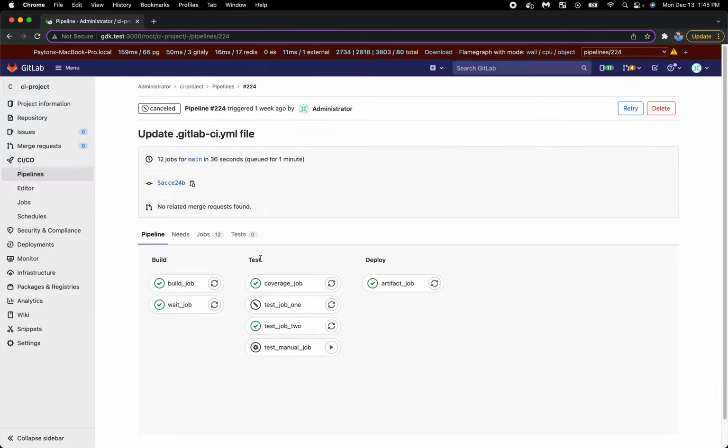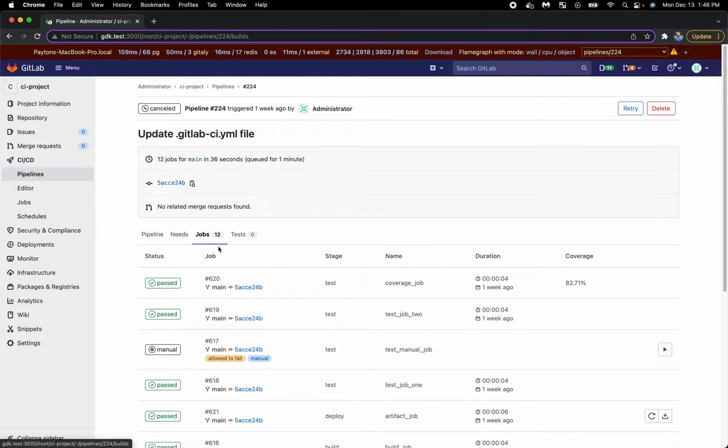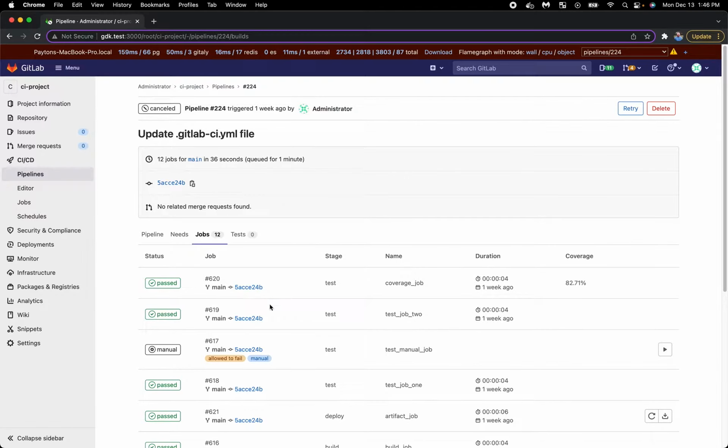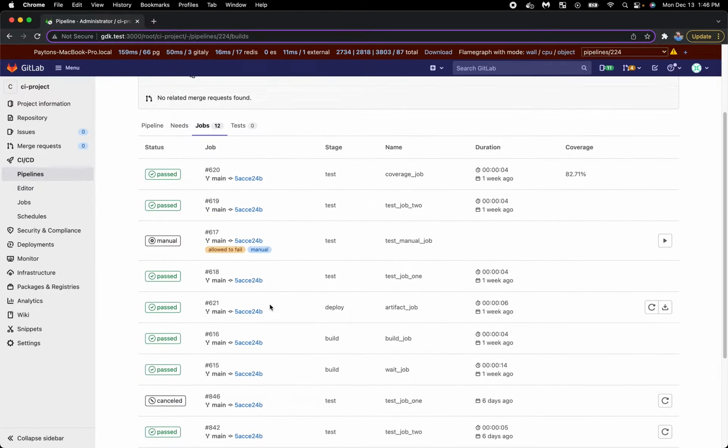So on the pipeline show page, we have different tabs to get more granular with your CI. The jobs tab right here was in Haml and Rails, and recently I've been going through another refactor of the jobs index page behind a feature flag, and I'm reusing some of that code here. So if we go to the jobs page, it is now in Vue and GraphQL with a little bit different